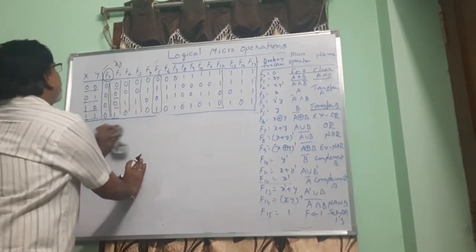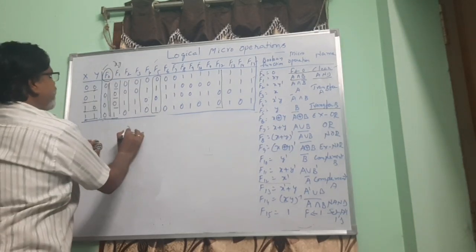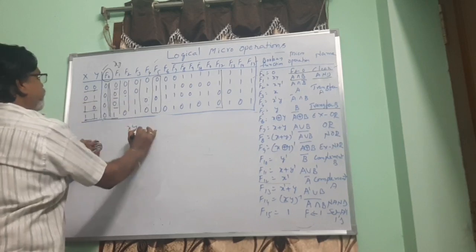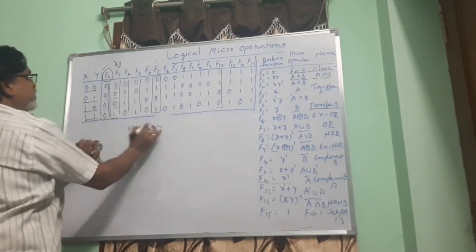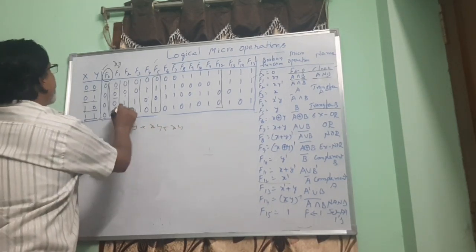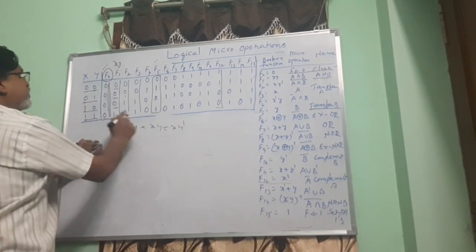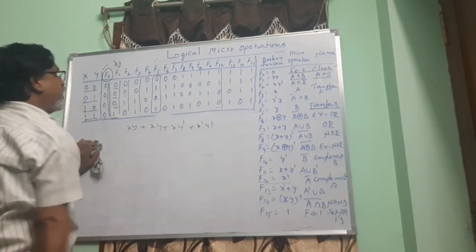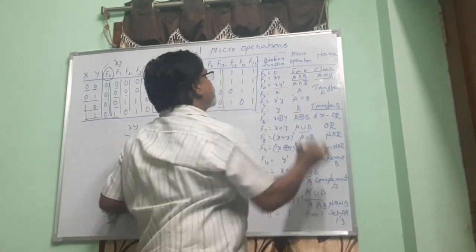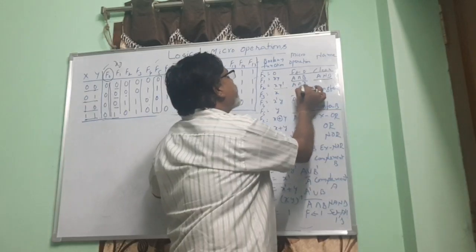Now you come to F2. So F2 is, this is x y, this is 0 plus xy plus this is plus xy, sorry, here x y bar, and this is plus x bar y bar. You will get like this. So after simplification you will get x y bar as the output for this one. So A AND operation B completed.